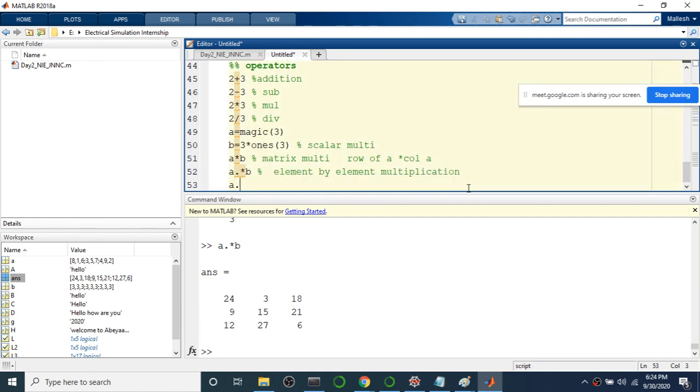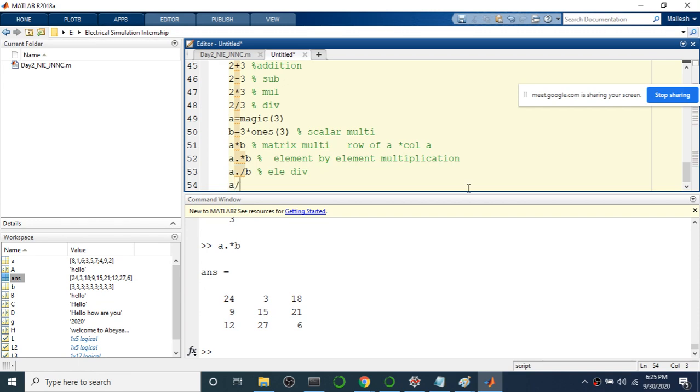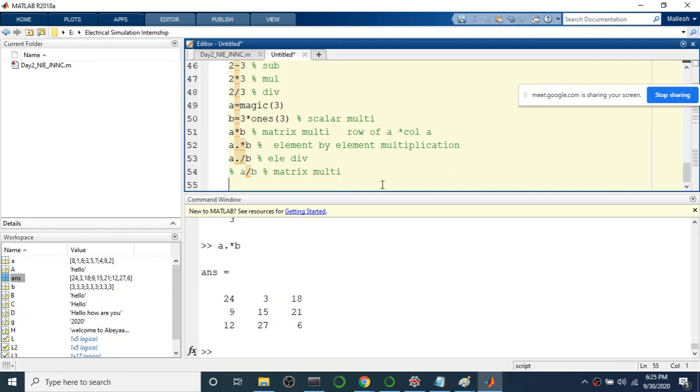Then A dot divided by B, so this is element by element division. Then A divided by B, this is matrix division. But matrix division cannot be achieved like this. So for matrix division what you can do is, you can write A star inverse of B. Inverse is an inbuilt function that you can use for performing the matrix division. So this is element by element division, and this is matrix division. Next,